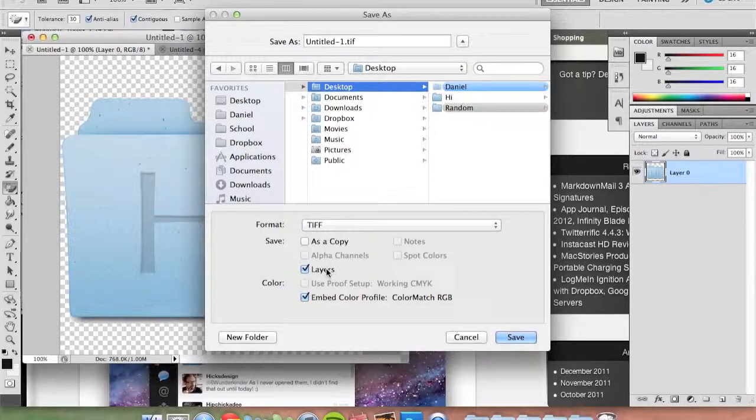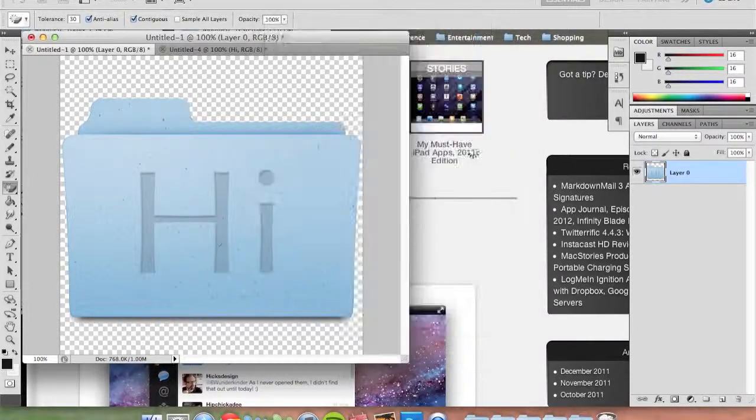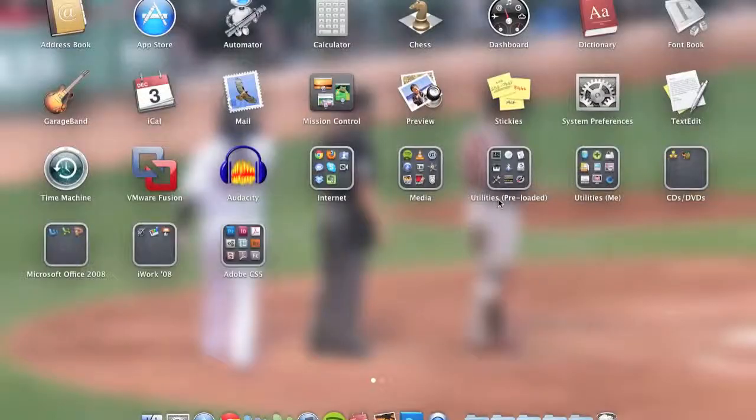And you want to make sure the layers option is checked. I'm going to save it on my desktop just so it's easier. And you want to make sure that your Save Transparency option is checked right here. And you save it. Alright, so I'm going to open up my app that I use to convert this